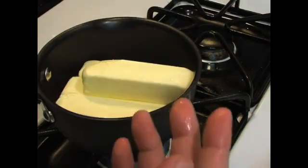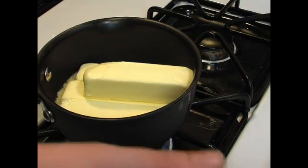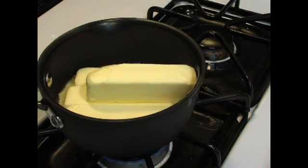First things first, your water is going to evaporate out, which is a large part of your butter, and then all the other stuff that's in the butter, which is like milk fat solids and butter solids and salt and things like that. All of that stuff is going to either rise to the top or sink to the bottom accordingly. So when that happens, the real oil of the butter, the clarified butter oil, is what's in between. You'll get a layer on top, you get a layer on the bottom down here, and everything in between is